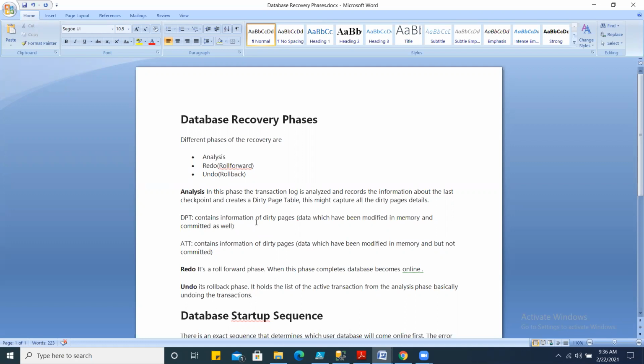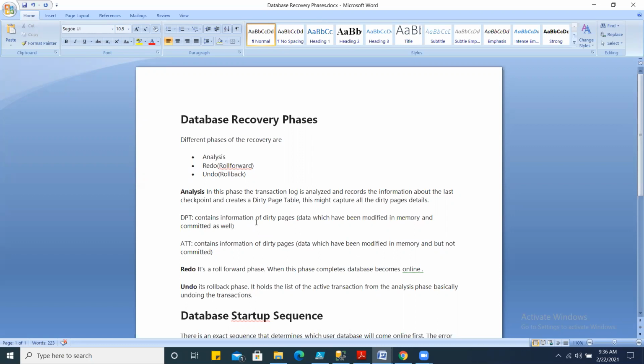During the analysis phase, the transaction log file is read and analyzed, and after that, it creates 2 tables. These tables are in-memory structures. The first is your DPT, dirty page table. Make it simple: it contains information of all the pages which have been modified and committed as well, but the resultant data of that transaction has not yet been hardened to the data file on the disk.